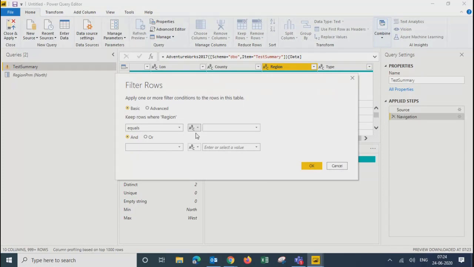But if you click on this ABC, you get parameters also. You can create a new parameter from here, or you can use the existing parameters. If I select parameter, I'm going to get the value of my parameter, that is the region parameter. You'll get the list of all the parameters, and then you need to select whichever you want to use. So let's say I select region parameter and click OK.